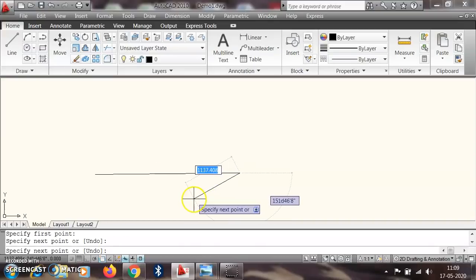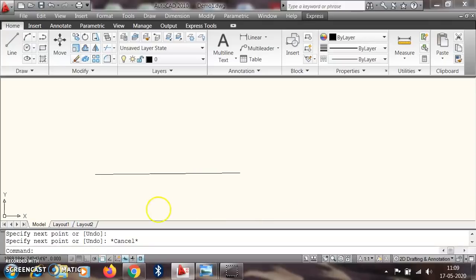If I again require a third point, it asks for the next point, so then I press Escape. So it is very important to know this window and the commands.